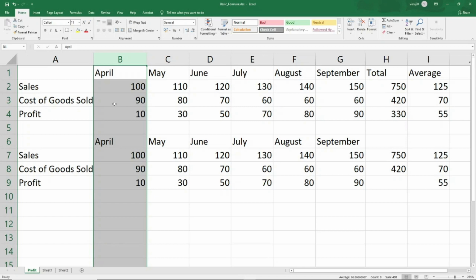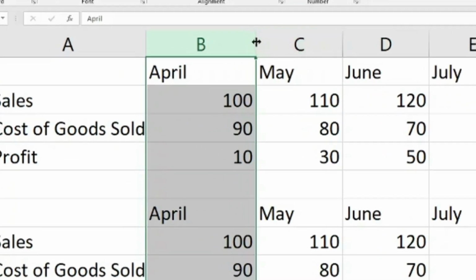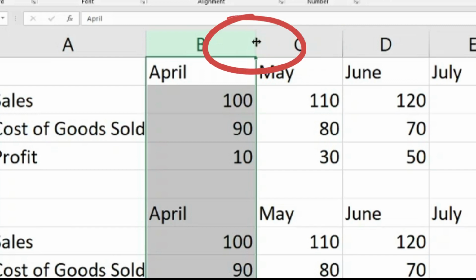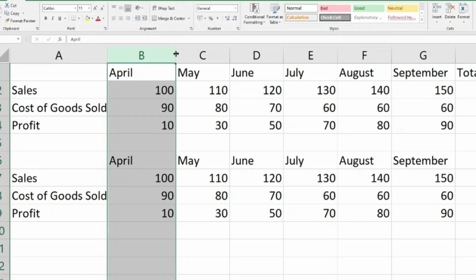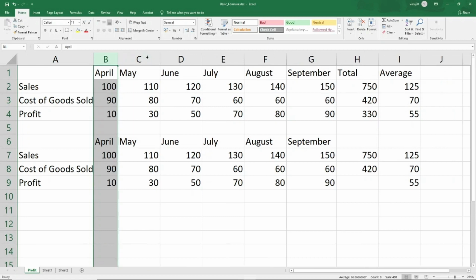For example, one of the most visual ways is how I can teach you. Whenever your cursor reaches the intersection of any two columns, like in this case column B and column C, your cursor changes to a cross. Here you go and double click. It will automatically adjust the width of the column to fit the data. So had it been a very big data, the column size would have been larger. If the data would have been smaller, the column width would have been smaller.